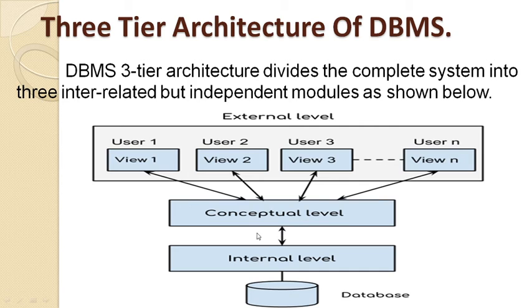In this level, this one is the view level. View level is also called as external level. It is the topmost level. It is used to simplify the user interaction with the database. It provides only the desired data to a variety of users, because several views are created for several users. It means it will cater to the needs of the different types of users, hiding the other details.